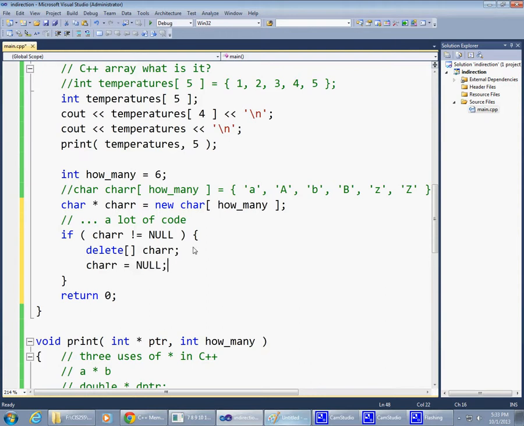This way, null is a macro simply defined as 0. And the C++ standard says that any address which is 0 is an illegal address, and defensively, maybe after deletion, assign your pointer a null value. So that next time, if you run into this code, you do not attempt to delete it, because perhaps there is no reason to delete it. Okay, so let's